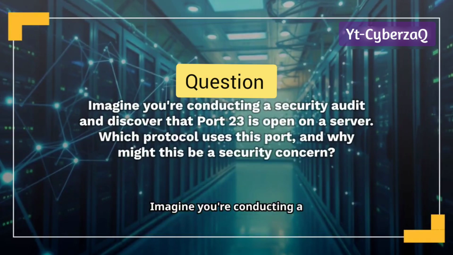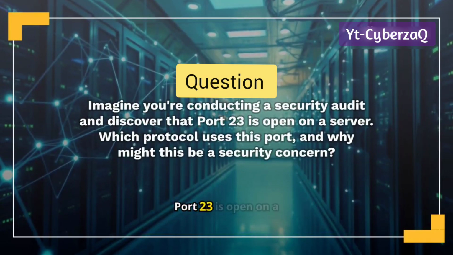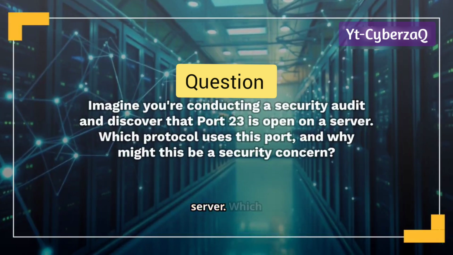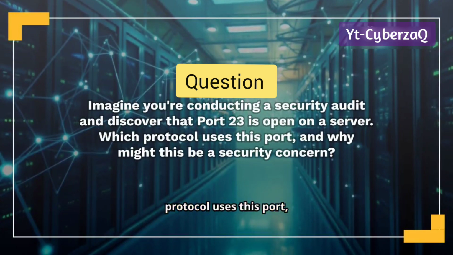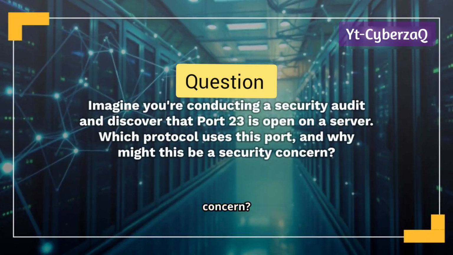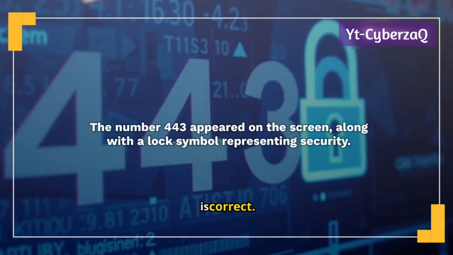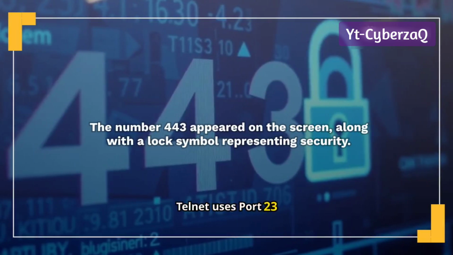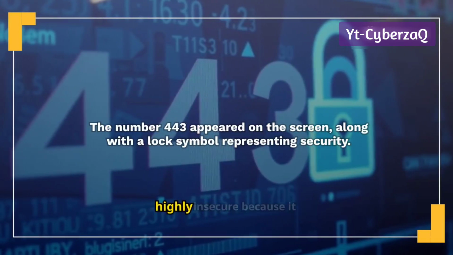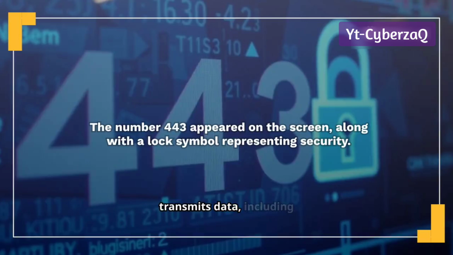Imagine you're conducting a security audit and discover that port 23 is open on a server. Which protocol uses this port, and why might this be a security concern? B, Telnet, is correct. Telnet uses port 23 for remote communication but is highly insecure because it transmits data, including